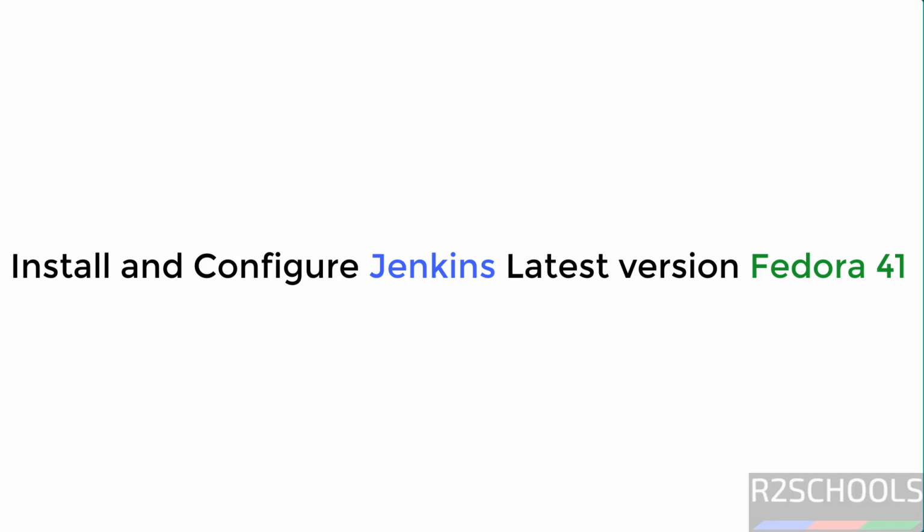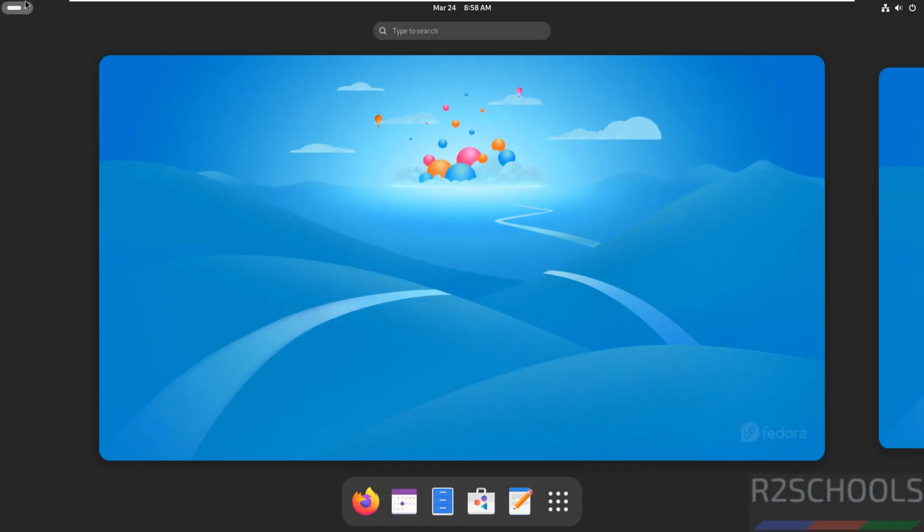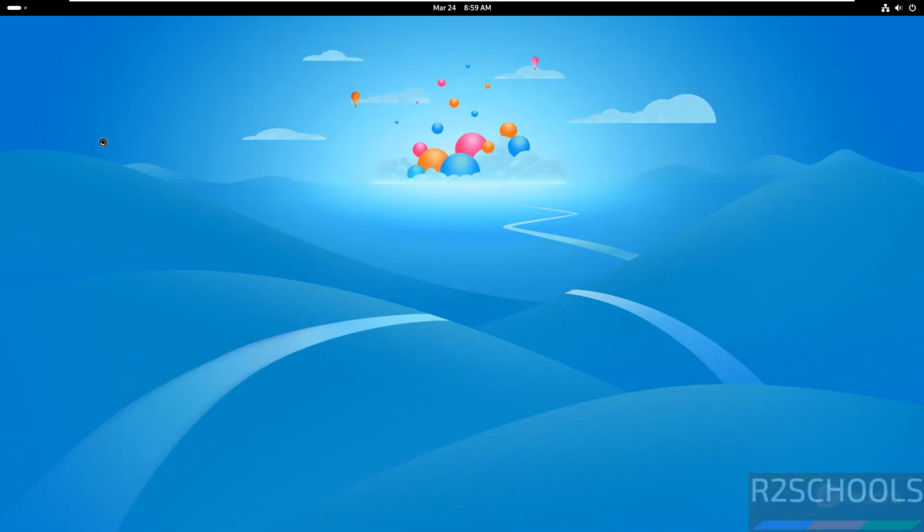Hello guys, in this video we will see how to install and configure Jenkins latest stable version on Fedora Linux 41. Okay, first open any web browser, also open the terminal,